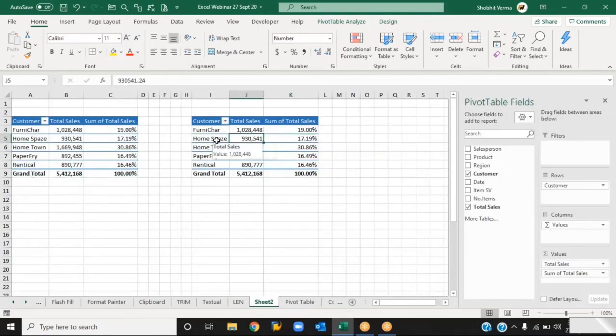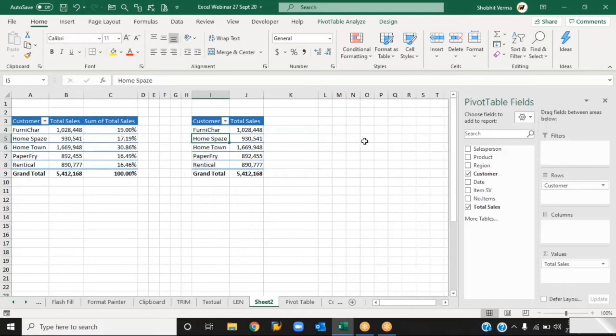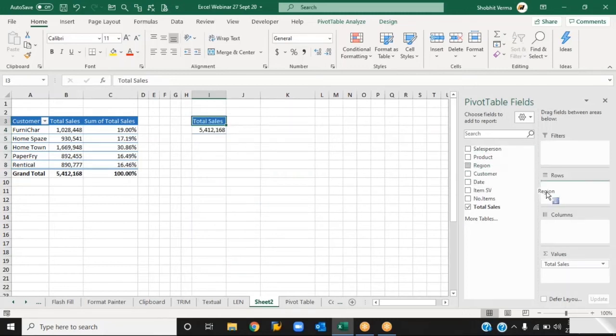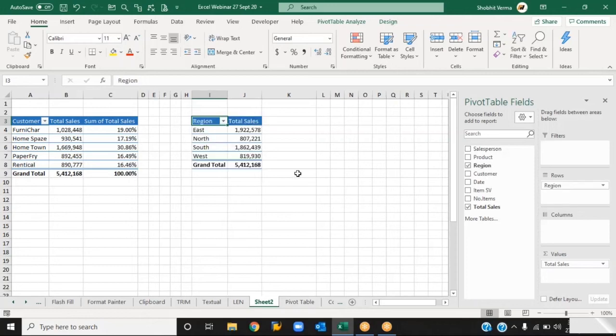You can copy this, and if you want to change this, like sum of totals, I don't want that sum of totals. Now here I want by region. So I click on this and I put region. So by region, I get the data that in east the total number of sales is this and this.